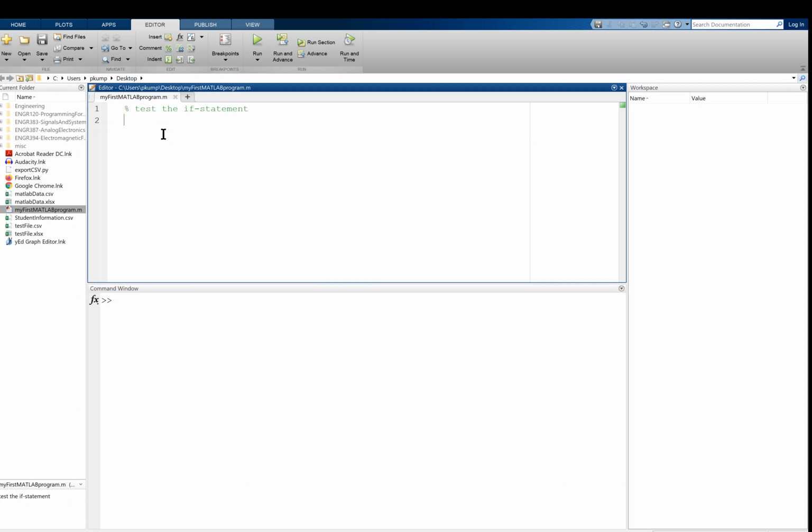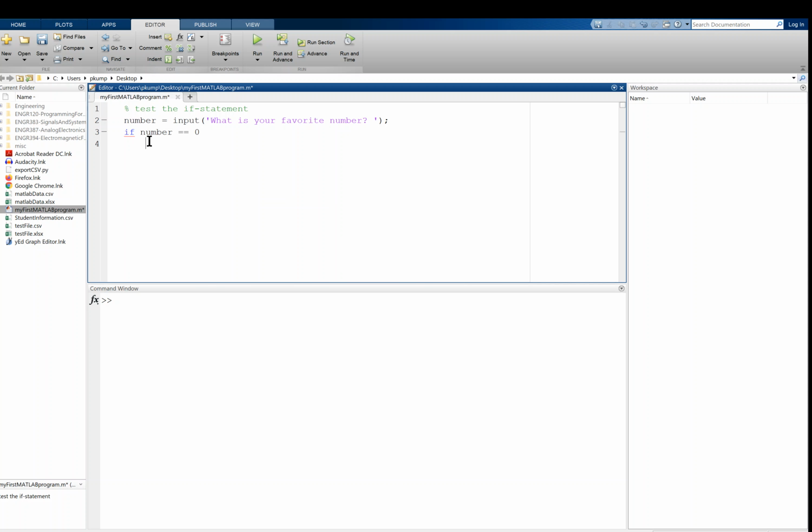All right. I'm going to start by just asking, what is your favorite number? So I'm going to say number equals, the input function works just like you'd expect. What is your favorite number? Okay. And here we go. What is your favorite number? And then I'm going to say something like this. If number equals 0,